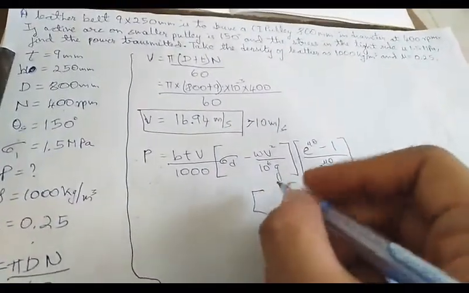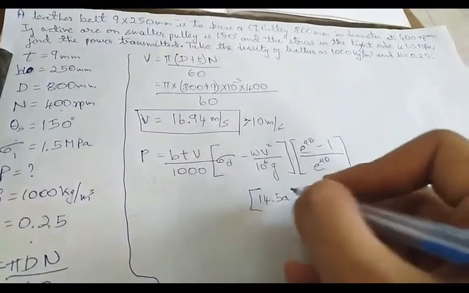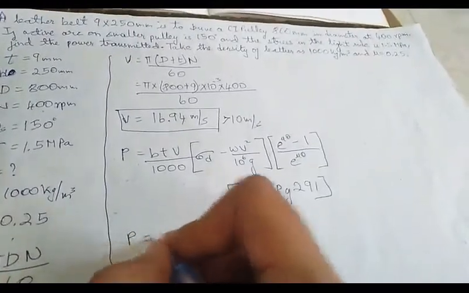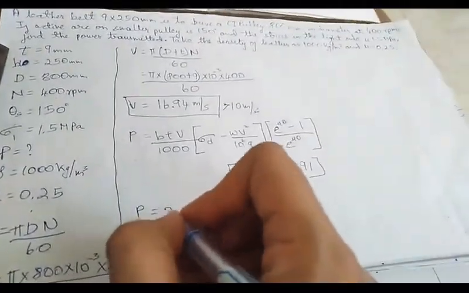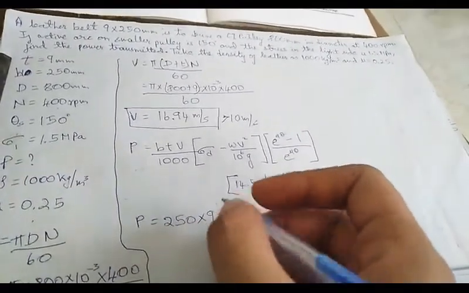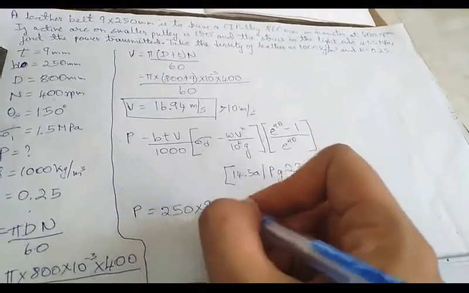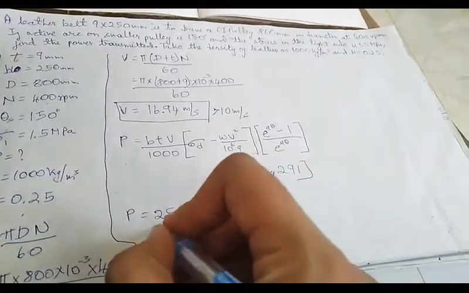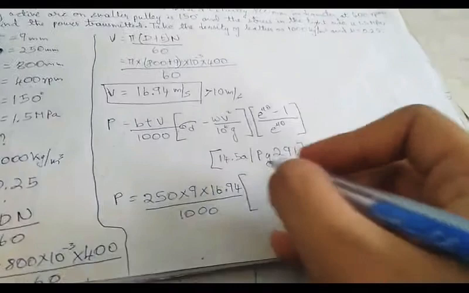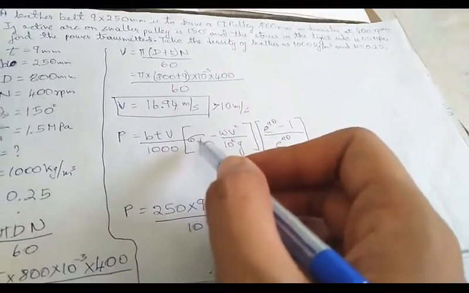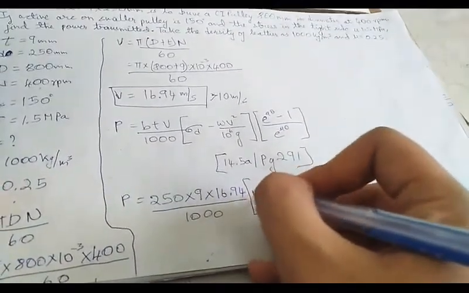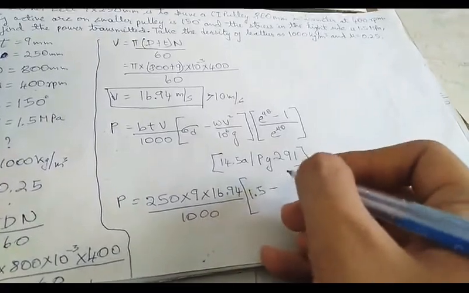So this equation is 14.5a, page number 291. B they have given width as 250, T is 9, V is velocity 16.94 divided by 1000. Sigma D is maximum tension we shall consider 1.5 MPa minus W is